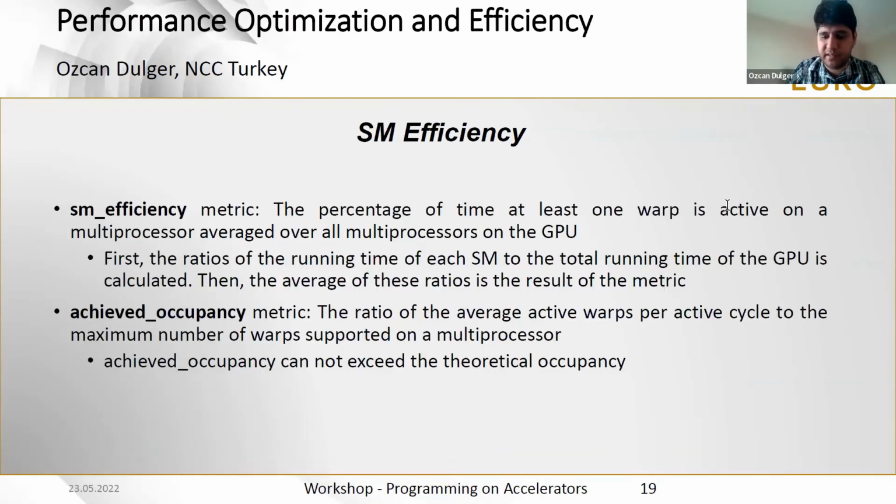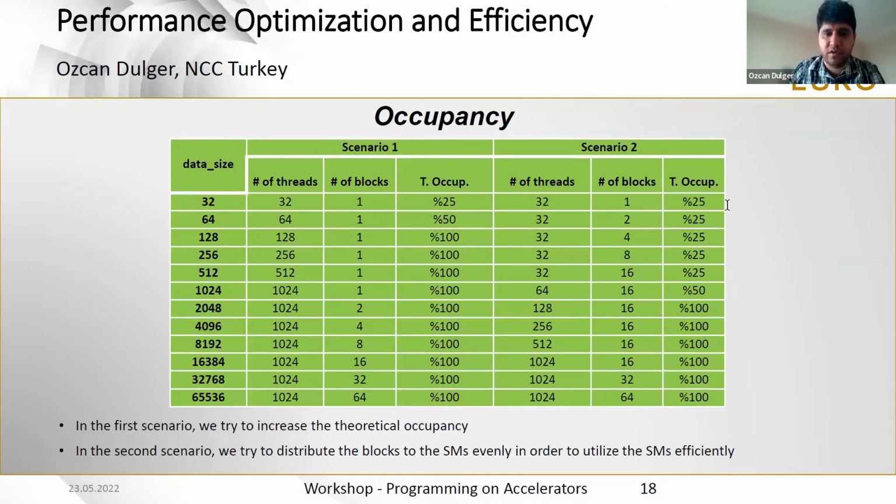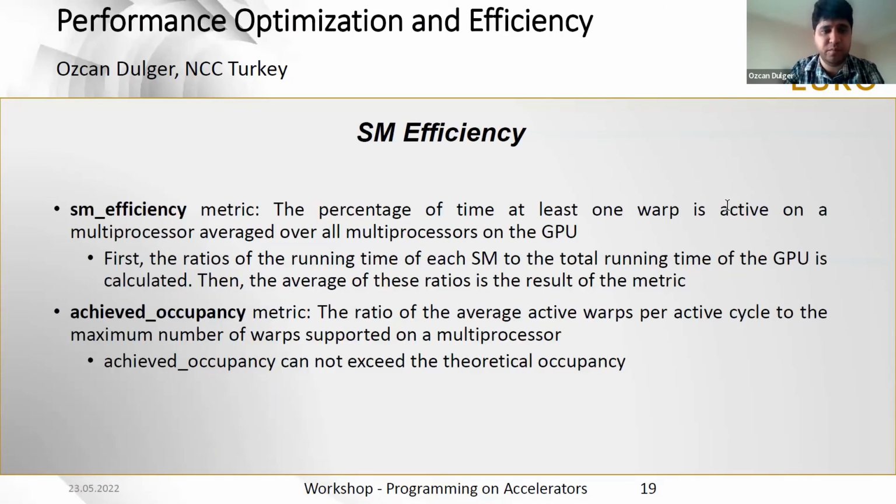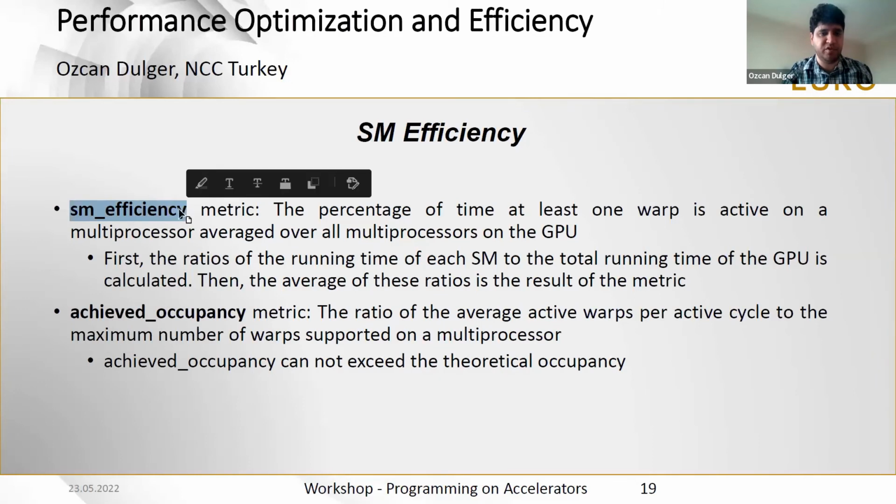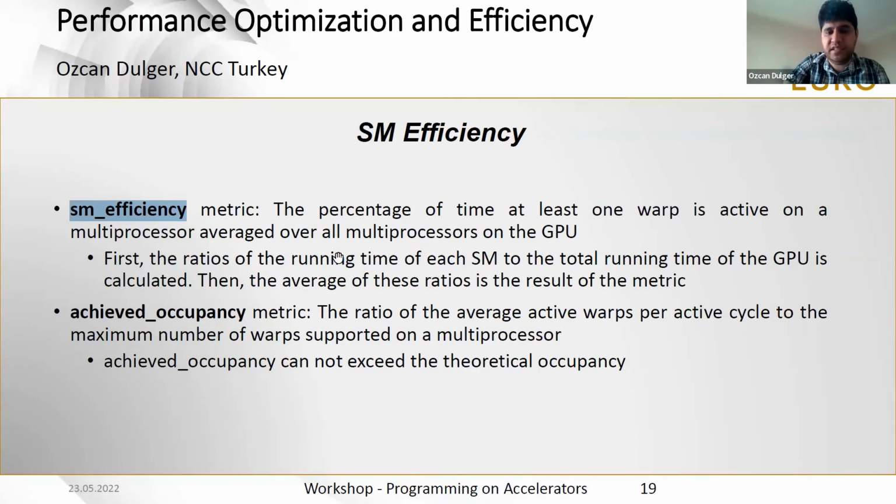I will show you the effect of these issues. Before showing the outputs of the experiments, I would like to give some information about the metrics that I used in the experiments. The first metric is related to the efficient utilization of the streaming multiprocessor. Its definition is